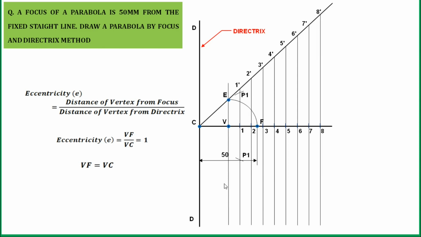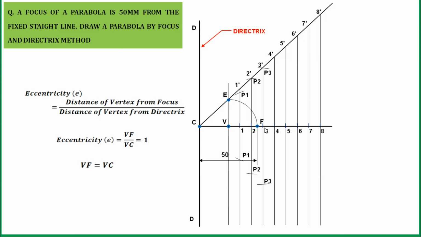Now for locating the second point, take this vertical distance 2 dash in the compass. Again take the focus as a center and draw arcs over the same line, that is 2 dash, from both sides. That will be your second point. Now for locating the third point, take this vertical distance 3 dash. Again take the focus as a center. You need to take this focus as a center for locating all points. Okay, so by taking this focus as a center, draw arcs over the same line, that is 3 dash, to locate the third point of the parabola.